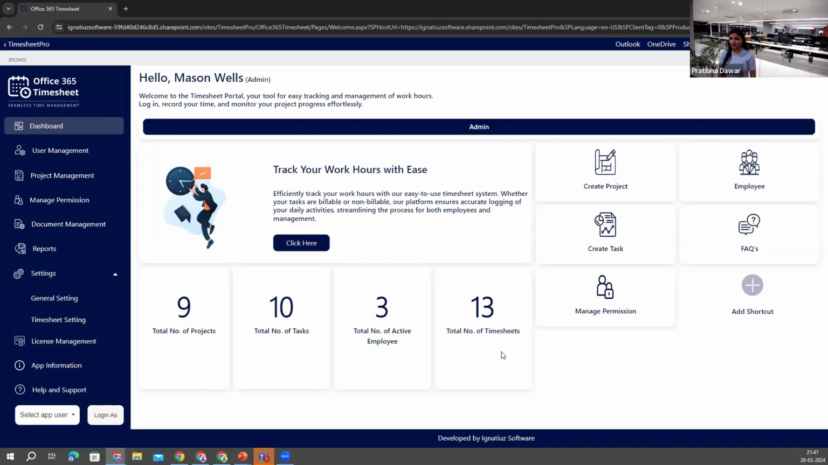And at the bottom of the dashboard there are four cards which show the total count of the list items, like how many projects are available in the project list, how many tasks are available in the task list, how many active employees there are in the application who are using the timesheet, and how many total timesheets have been filled by the employees. So this is very important information about the data, showing how much data the list is containing